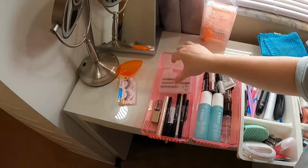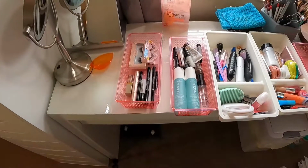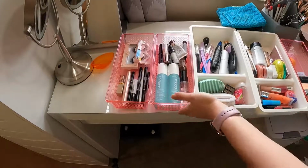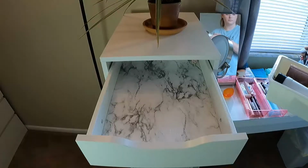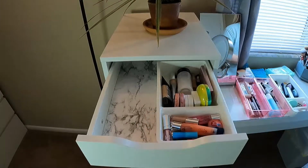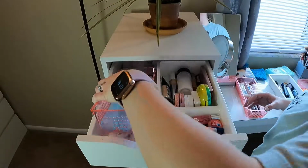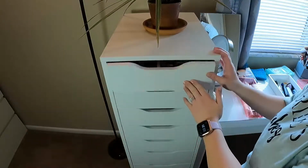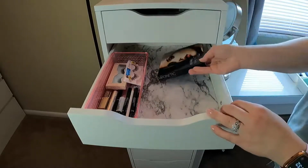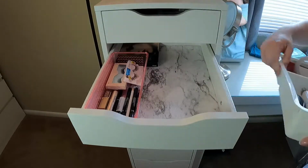Part of the fun of organizing for me is just finding the best way to complete almost like a puzzle. You can see it's definitely a process playing around with many options and different ways to group and organize in these containers. I did consolidate some products instead of having multiples of the same thing and threw away packaging to backup items. And ultimately I grouped together lip items, face and base products, setting sprays and primers, eye products including